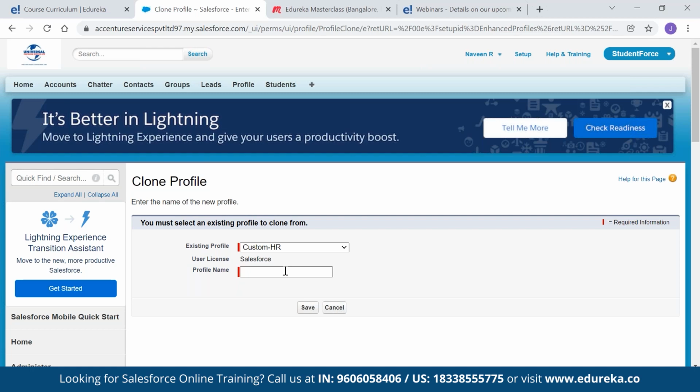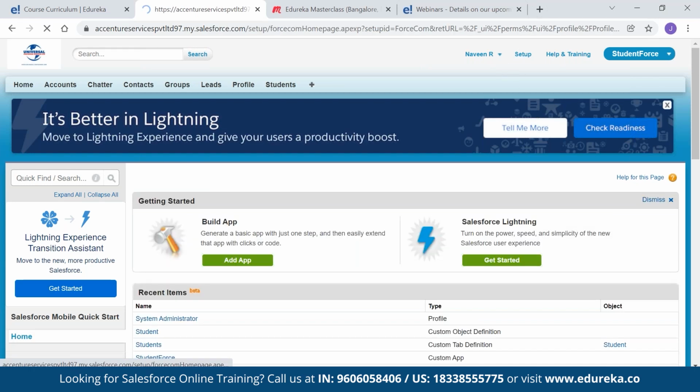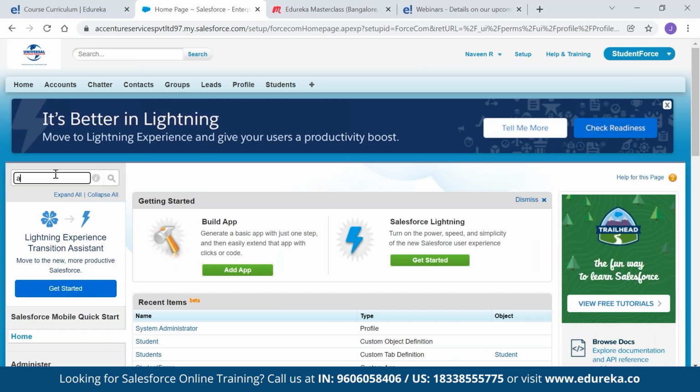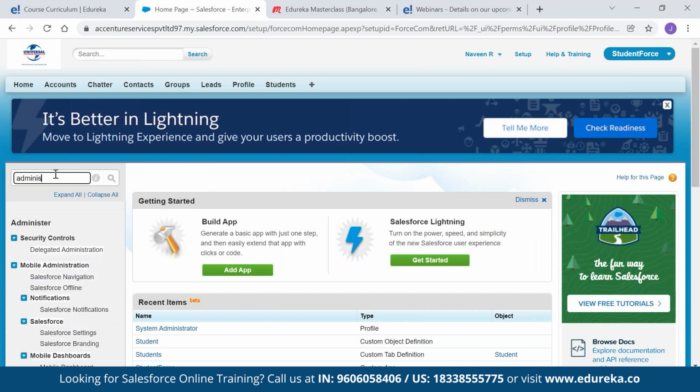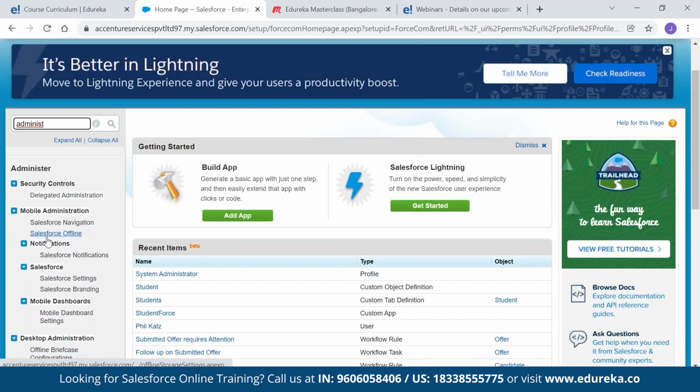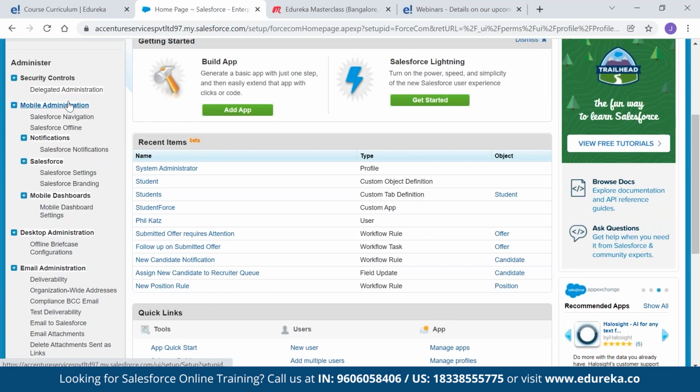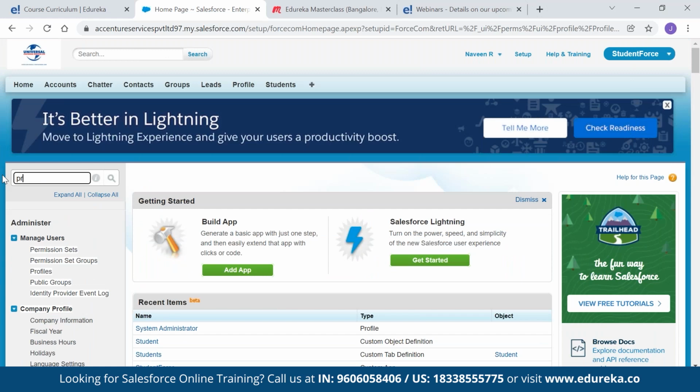Now this is about how to create a profile. If you click on setup, then administer, and type manage users or profiles, you can see where you can find the profiles, under Administer, Manage Users, Profiles.